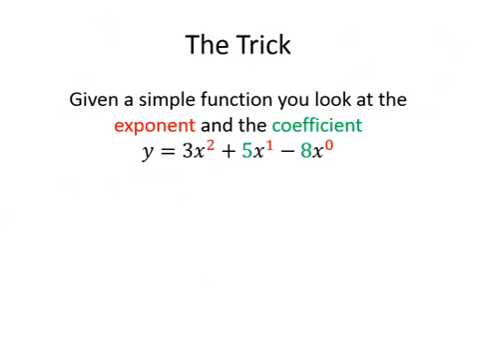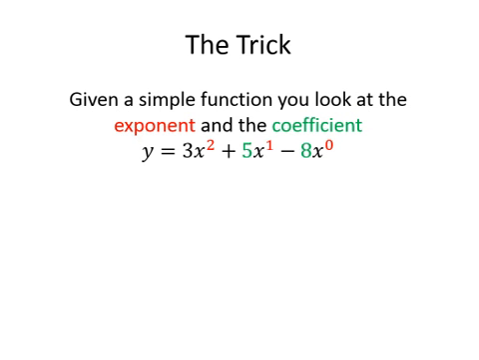All right, so now there is a trick to do these, what we're basically going to call derivatives now. There's a trick of doing these derivatives faster without having to do the difference quotient all the time. And now that you know this, you can use this trick. So given a simple function, basically a polynomial,